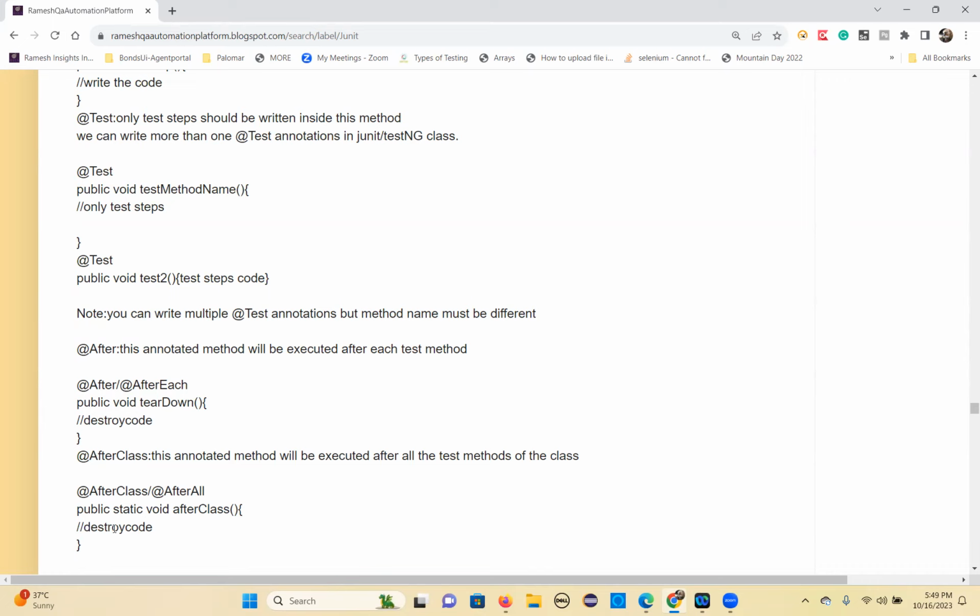So test 1: before each will execute first, then it will come to test 1. Then it will go to after each. So you have test 2, test 3 also, right? Again, the cursor will go to before each. The before each code will execute, then it will come to test 2. Test 2 will execute, then it will go to